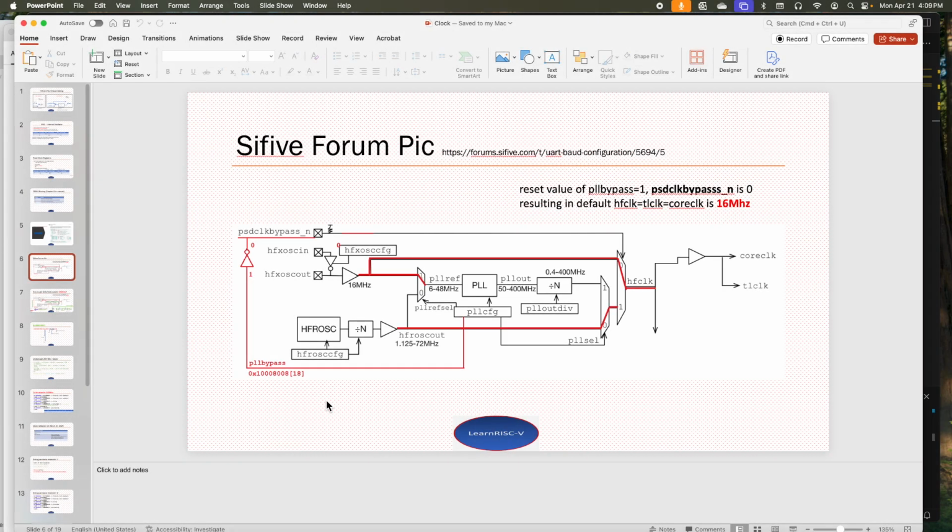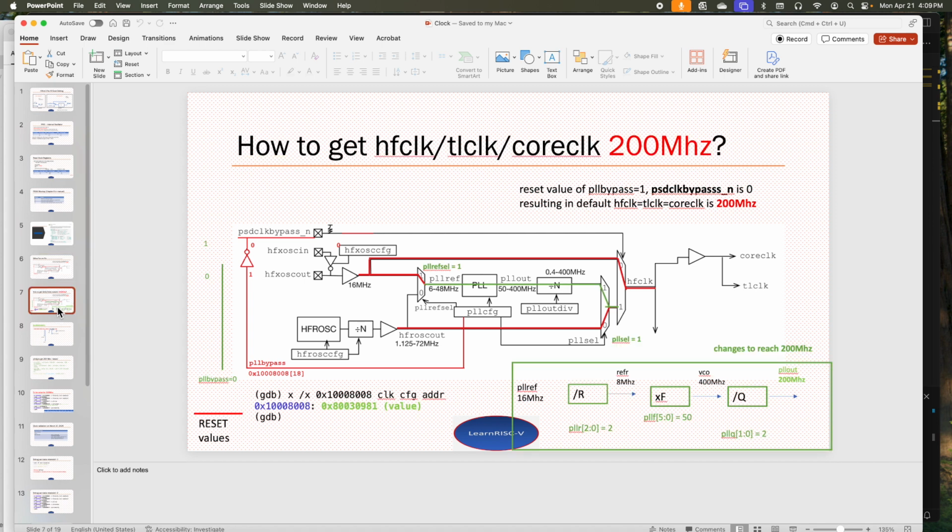So now going back to the clock settings, this is the default, and how do I change this? What should I do to get this 200 megahertz? First, without the PLL, you cannot achieve this 200 megahertz. So first, disable this PLL bypass in the default. That means bring the PLL into the picture, and then feed the PLL with the 16 megahertz crystal oscillator, and then